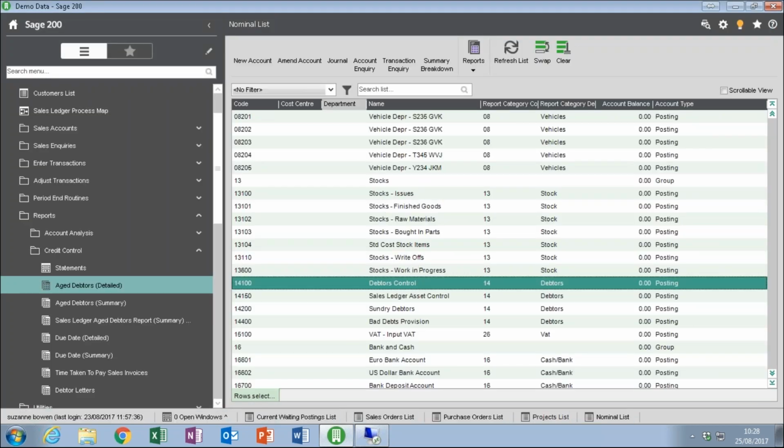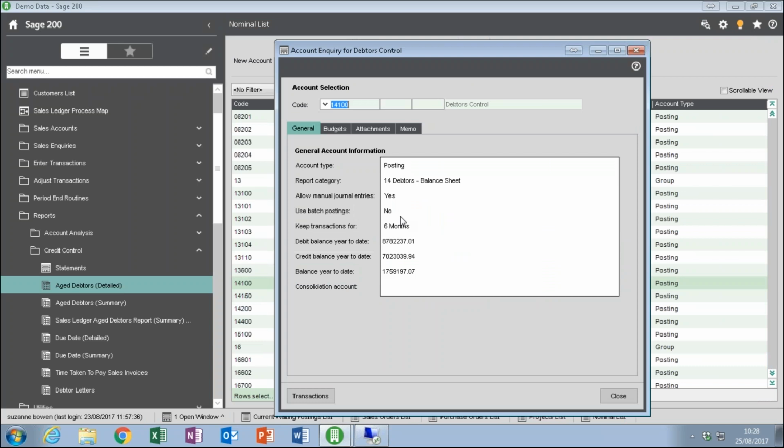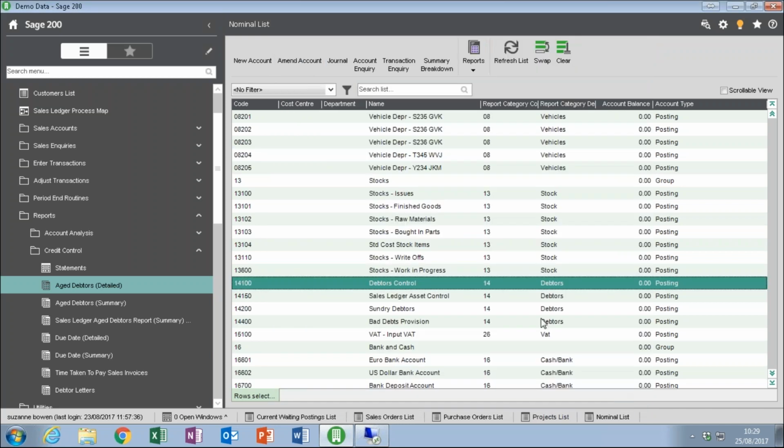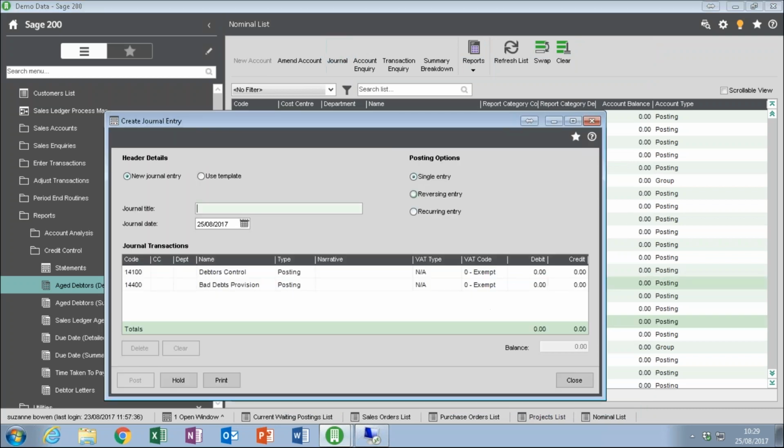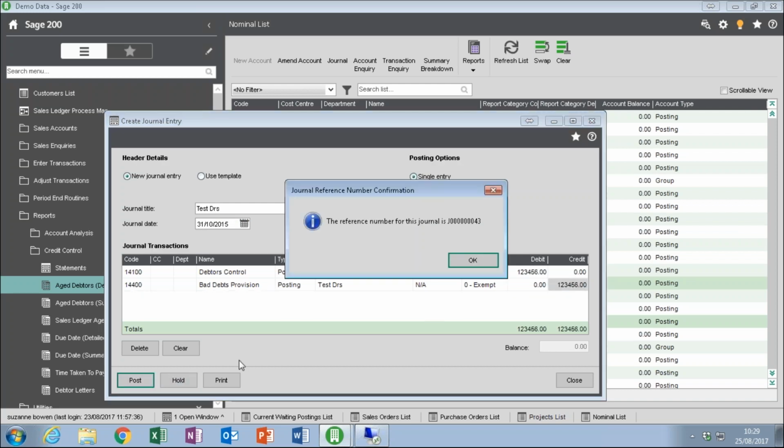If I view that account, we can see I've got 1759197 on my nominal ledger rather. So my nominal ledger agrees to the sales ledger. As soon as I were to make a posting directly into that account, test debtors, 31st to the 10th, and I'm going to debit that with 257 and 1, 2, 3, 4, 5, 6. There. If I post that,